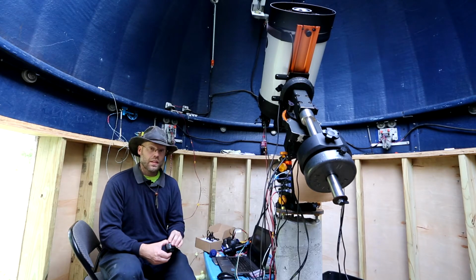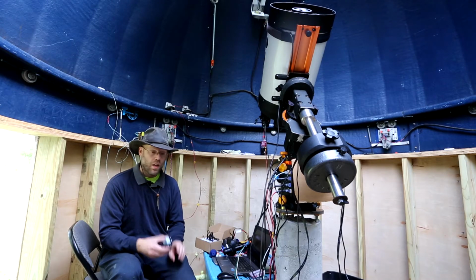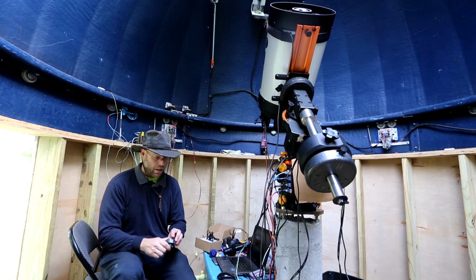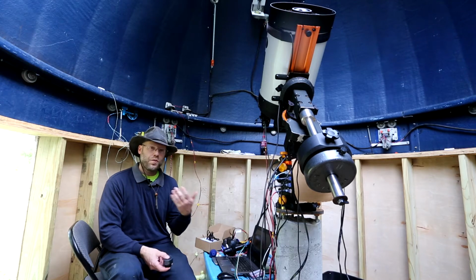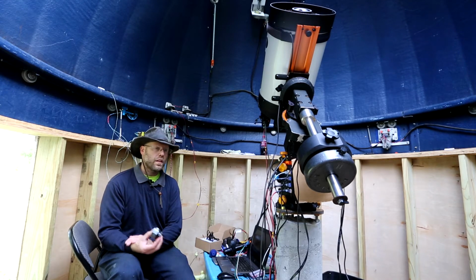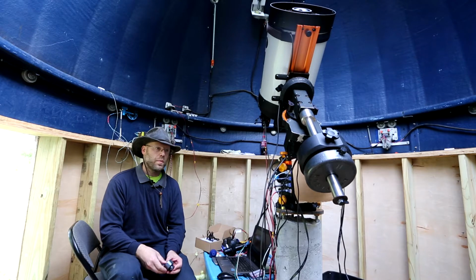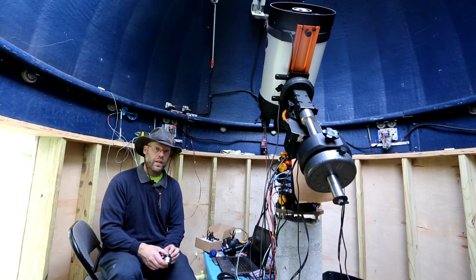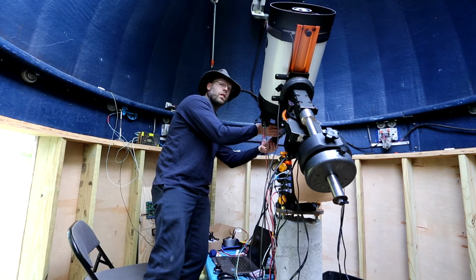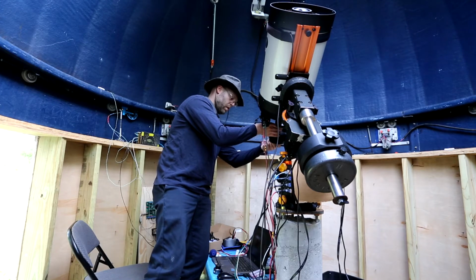If you want to start dabbling in some lucky imaging of some lunar craters and maybe get some Jupiter and Saturn stuff done, you can pick up a cheap camera like this and just start experimenting, start learning software. How do you do lucky imaging? You can really start to get your feet wet with a camera like this as opposed to fighting with hooking up your DSLR to it. So yeah, if you want to start dabbling in some lunar and planetary imaging, this is a great way to start. Because it's supposed to be clear this morning, and we will try to do some lucky imaging on Jupiter with this